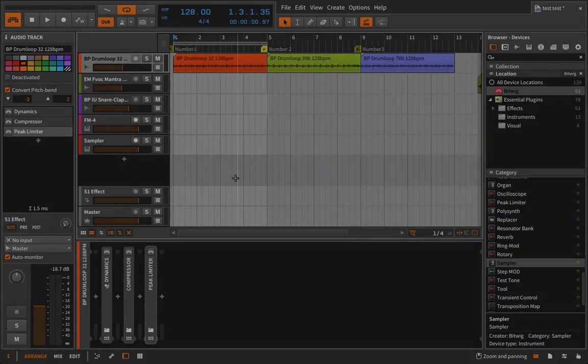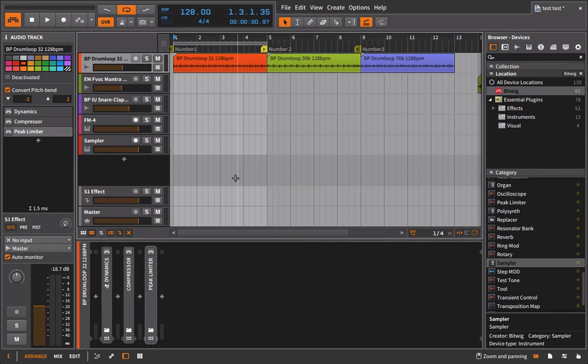All right, Bitwig Studio version 1.2. We're going to talk about some of the new features and improvements that I've at least come across. I'm sure that there are many more, and anything that you discover that I'm skipping over, feel free to leave